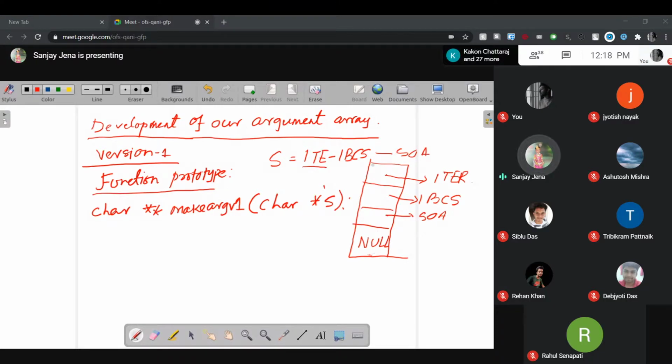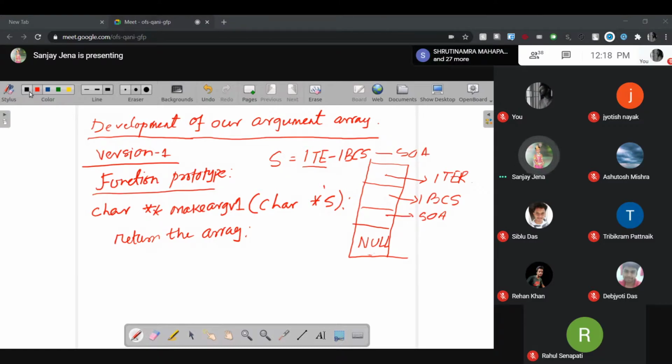After preparing this array, how to return the array? Can anybody say? Any idea? Base address of the first. Yes, exactly. You know that an array is contiguous memory locations, hence there is no need to pass every element.